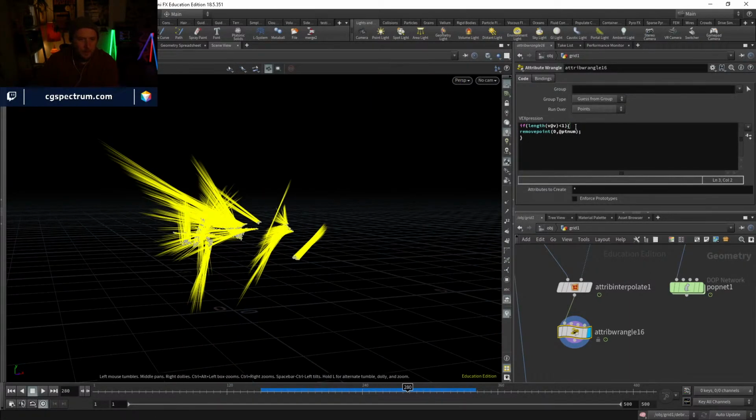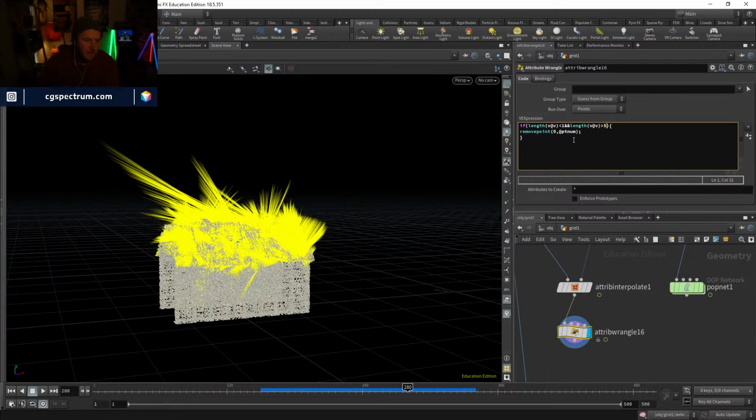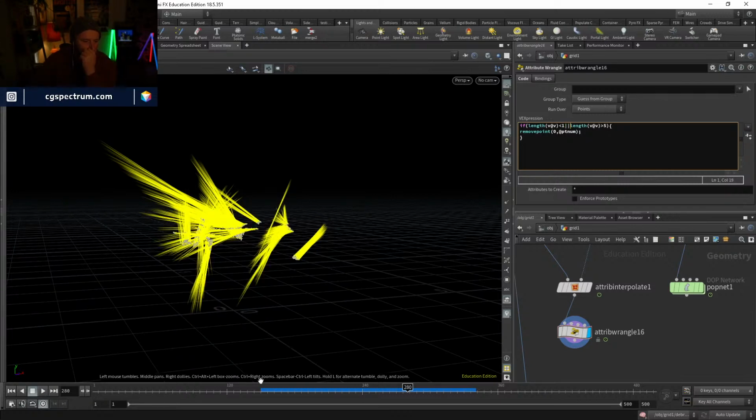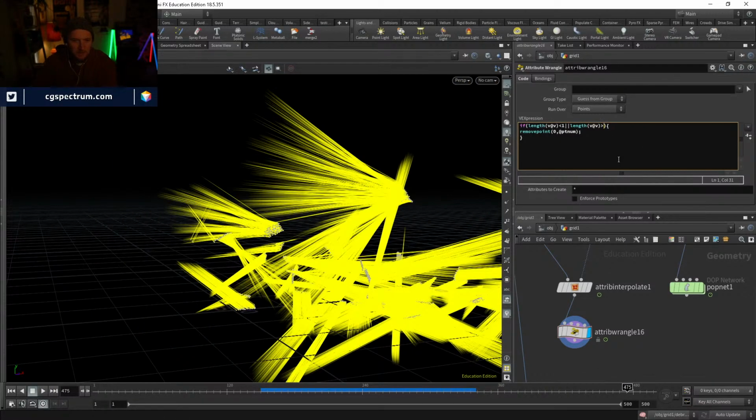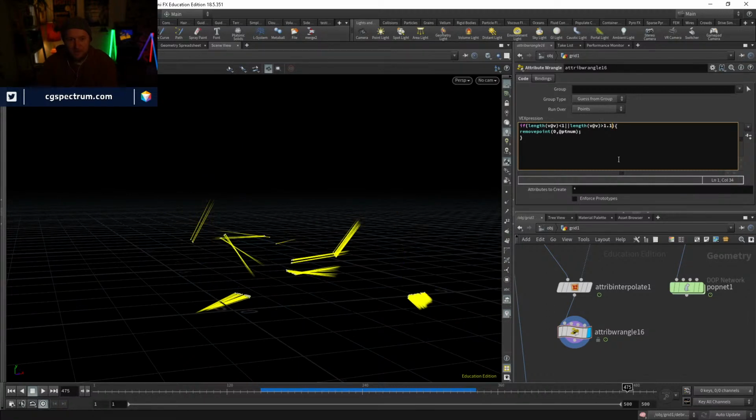So what could we do with that? We could also say greater than. So we could say if length is less than 1 and greater than 5, let's say. Oh, actually, or. Let's do or. Or is the pipes. There we go. So that should also remove the really fast ones. We could even take that down. So we could do less than 1 and greater than 2. Or we could do just a very small range so that it samples it right at 1. And then if it goes slightly over 1, then it gets removed. And if it goes below 1, then it gets removed. And then we just end up with a little kind of